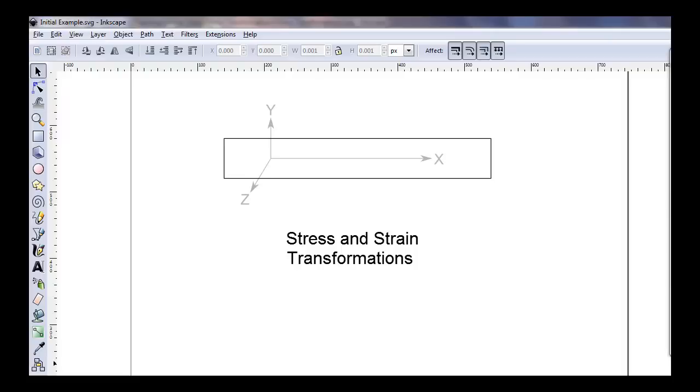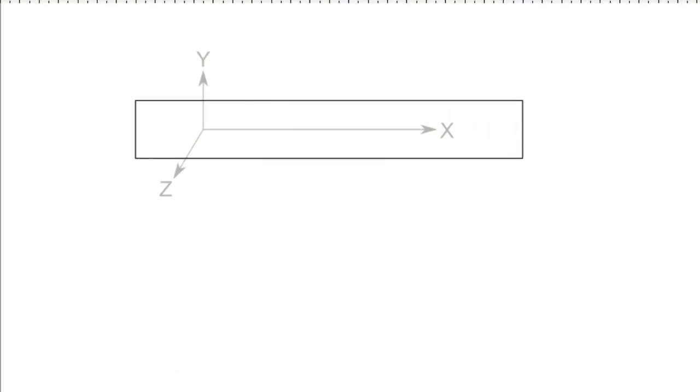Hello. In the following video, we will be taking a look at how to analyze both stress and strain transformations. In order to start off with this, let's take a look at what should be a fairly simple example by now. Let's take a look at just a standard beam that is being placed in compression due to an applied